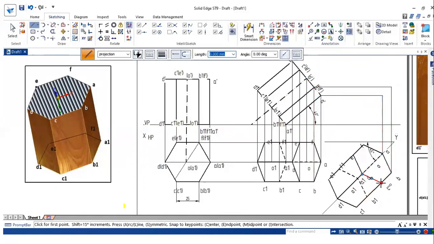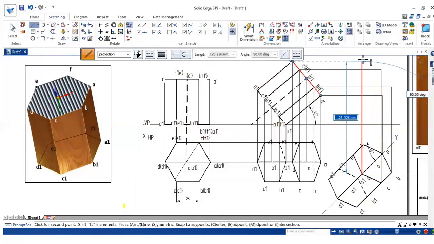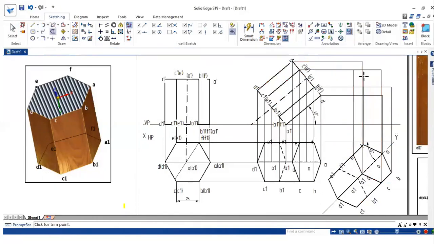Point C with C dash. Point D with D dash. E with E dash and F with F dash. Whatever extra line is there, trim those lines.